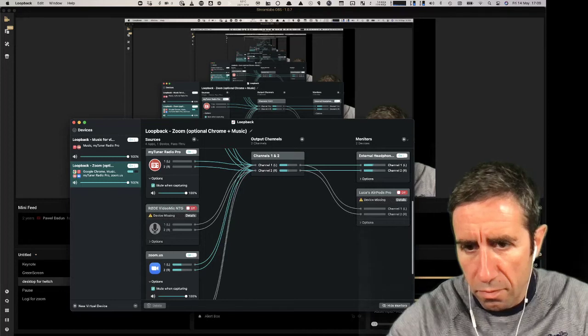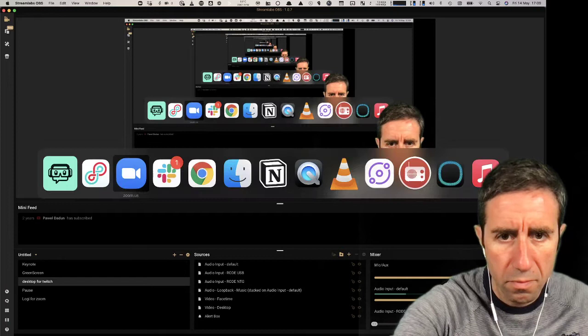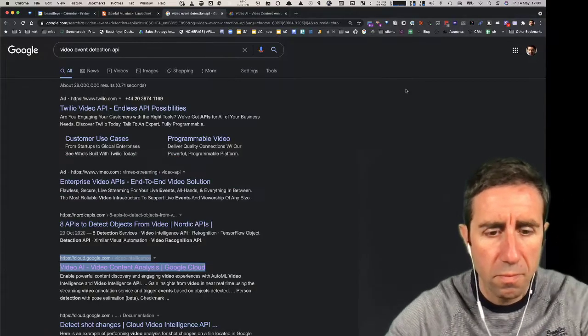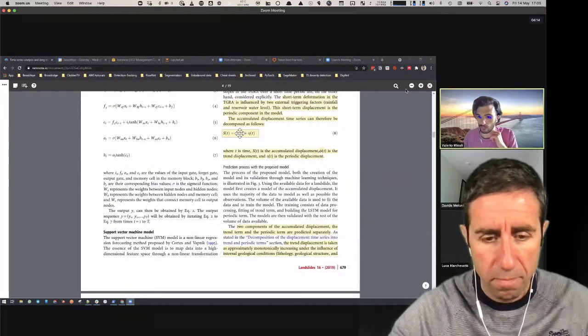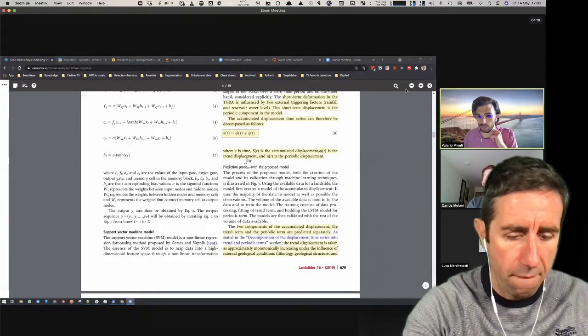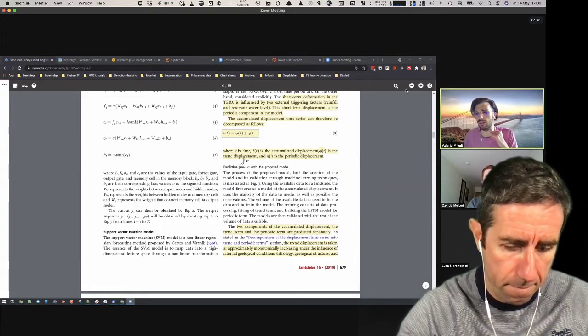And this is okay, the overview. They model the displacement in this way, like two components. One is the trend displacement, and the other is the periodic displacement. The trend displacement, let's say,